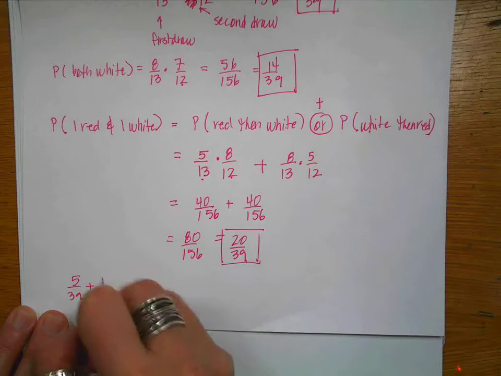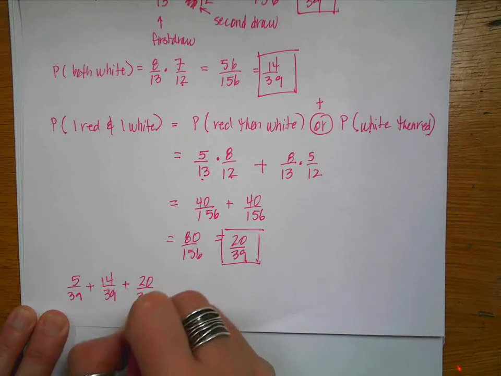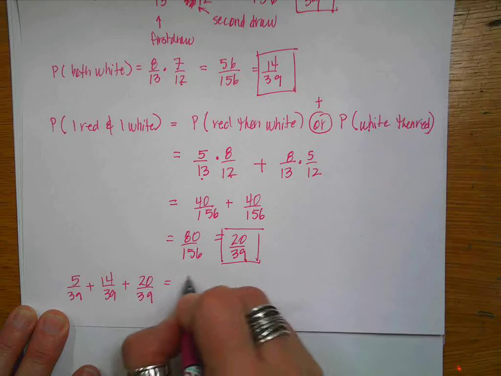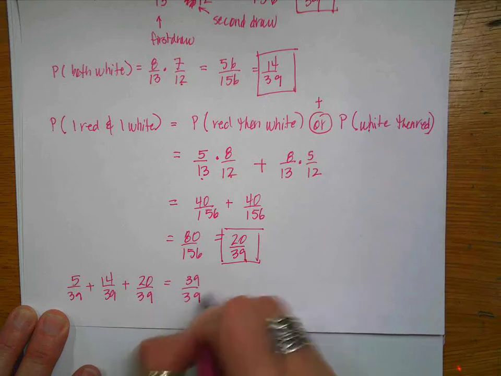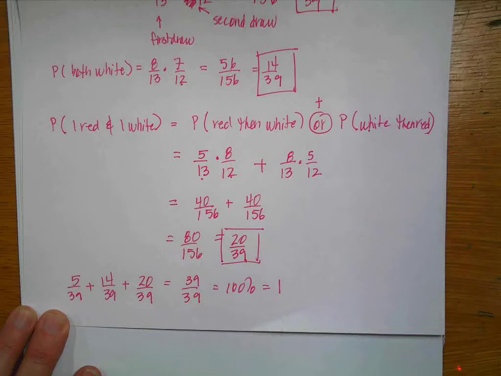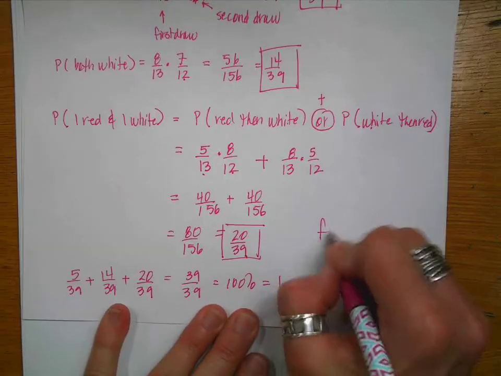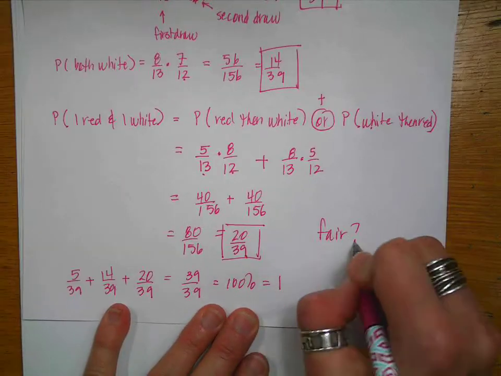So if I add 5 out of 39 and 14 out of 39 and 20 out of 39, I get 39 out of 39, which is 100%, which means that it's 1. Okay? Alrighty, so we know that our probabilities all add up to equal 1, so then I'm going to continue. But to determine if it's fair,